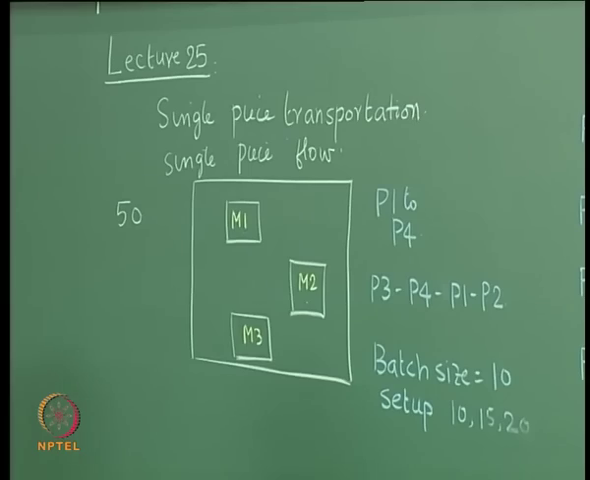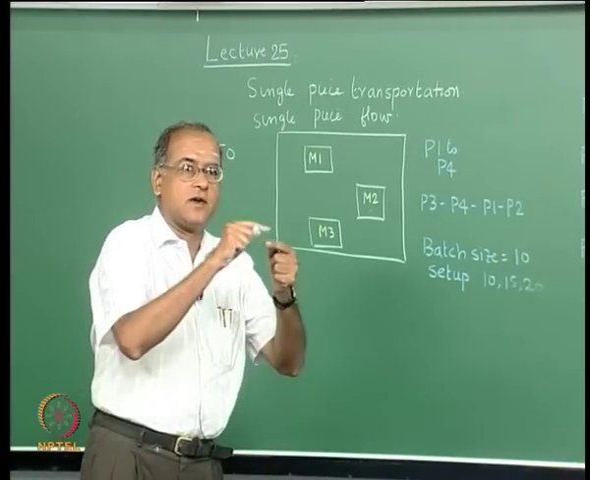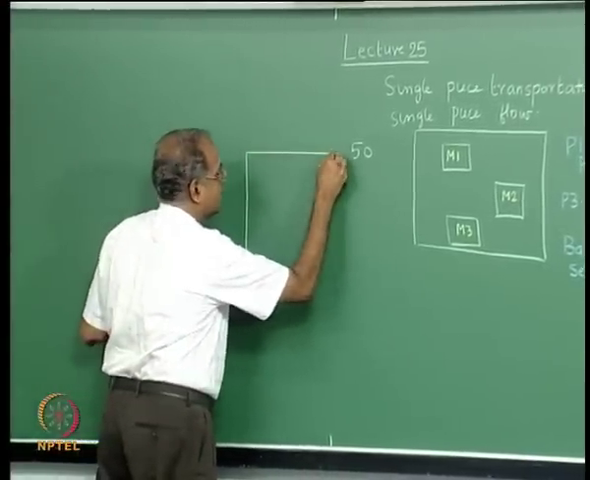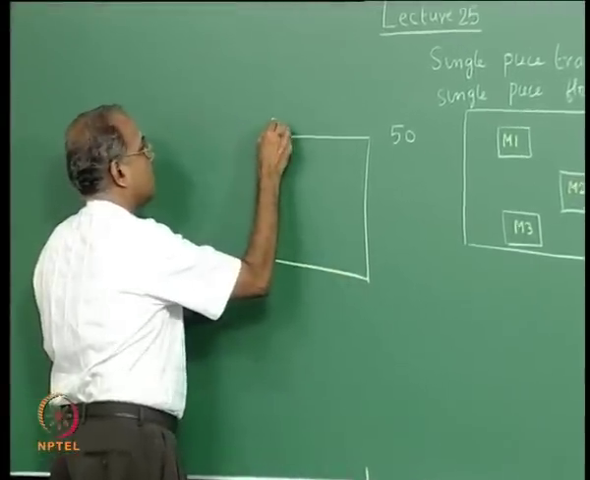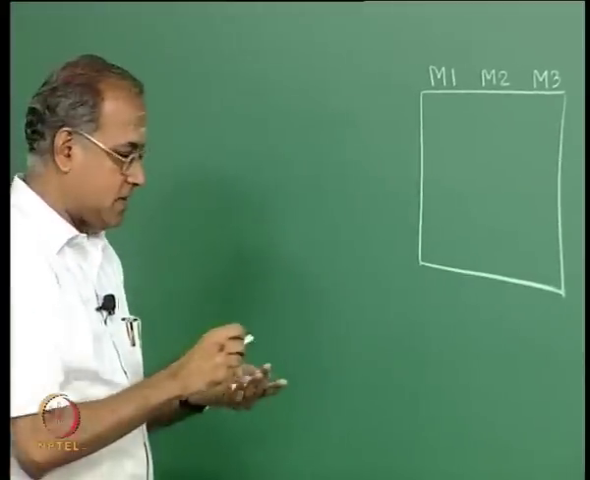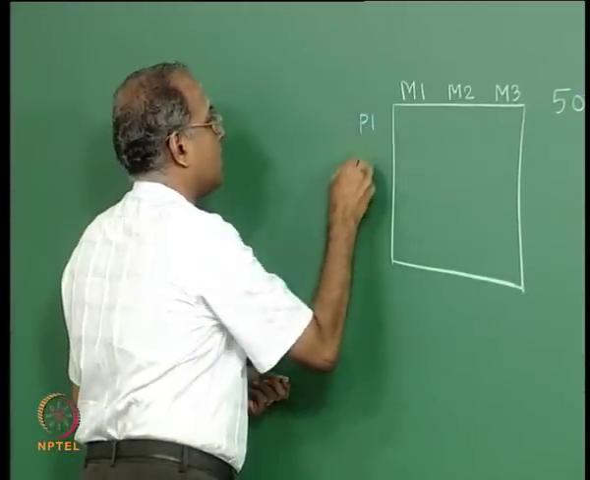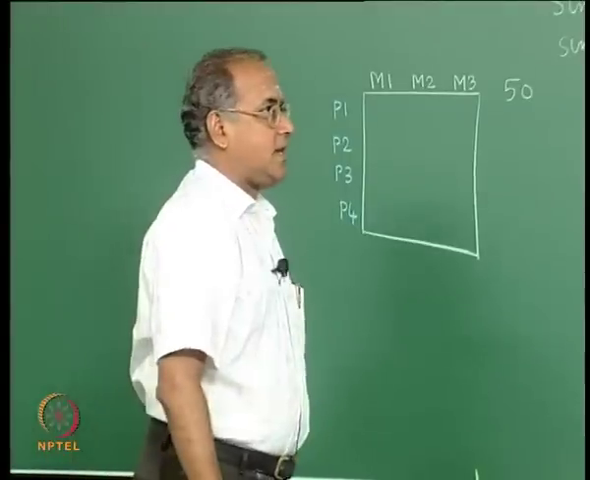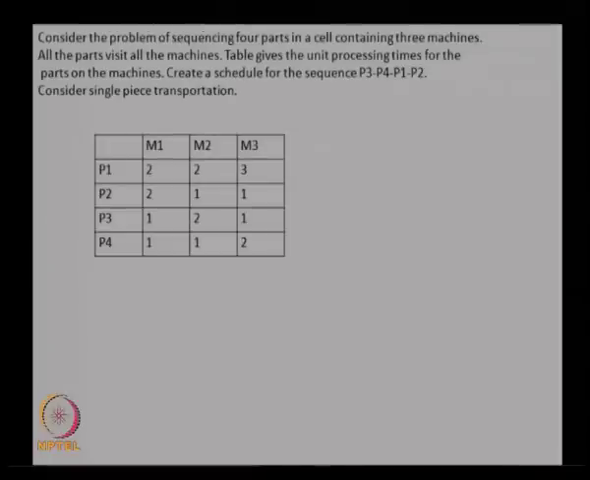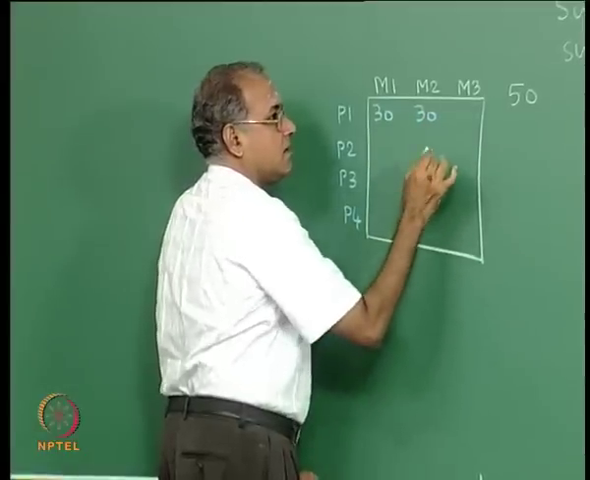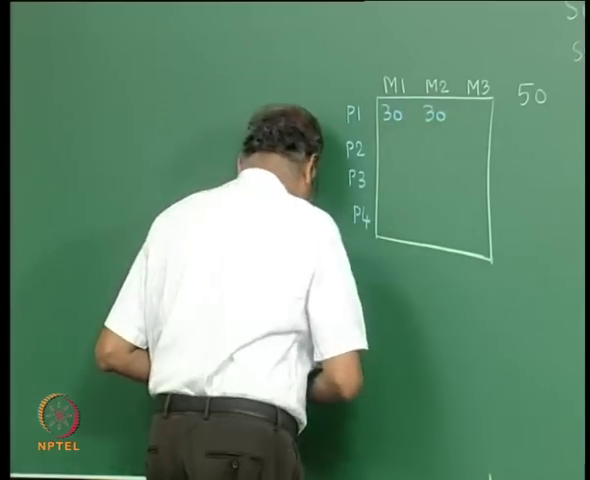But if on the other hand we had followed a more traditional approach of computing the times, then we would have a matrix which is like this. With P1, P2, P4. Setup time is 10, batch size is 20. So the times would be 30, 30, setup time is 10, batch size is,